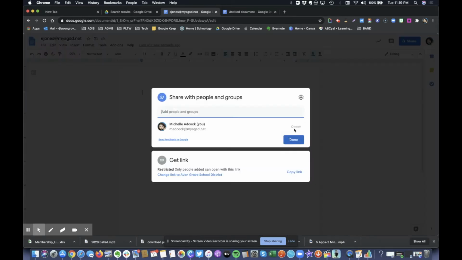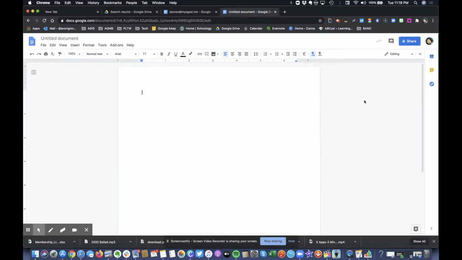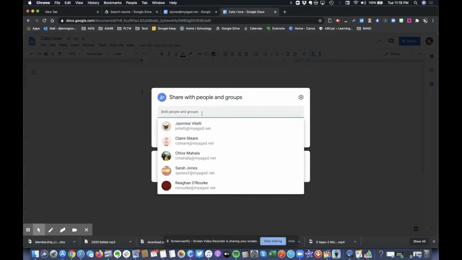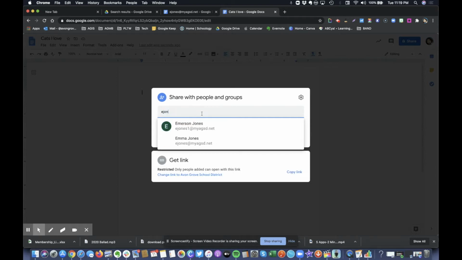And then once they hit that, they get the sharing thing again, and it gets really confusing. So what you want to do is, first of all, make sure you always remind them to name the document first. Okay, and hit enter or click away to make sure that that's locked in. Then go to share. And then the other thing I mentioned in part 1, when you have them